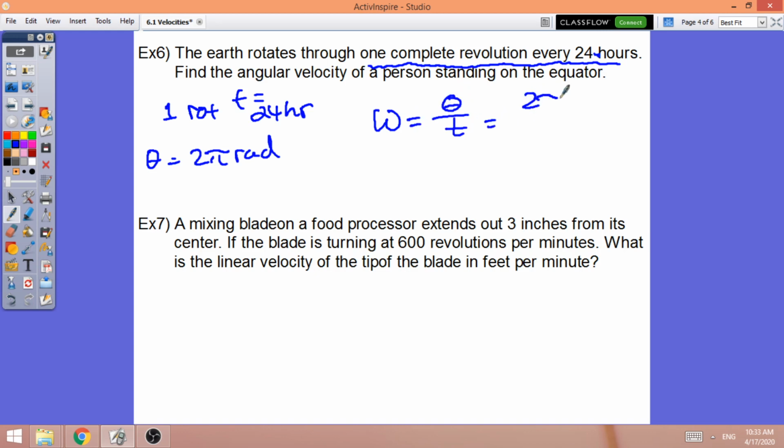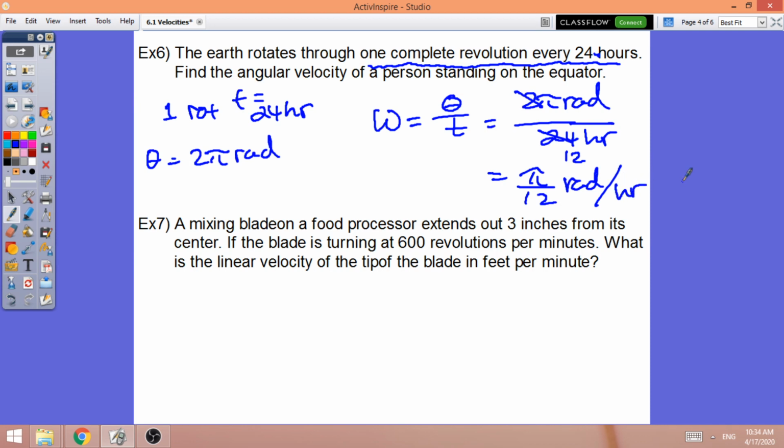So theta is 2 pi radian, because one complete rotation is 2 pi radian. Divided by the time, 24 hours. Reduce. So 2 over 24, so it's pi over 12 radian